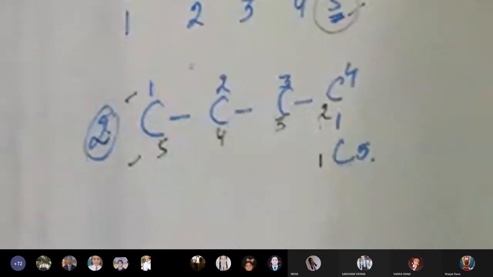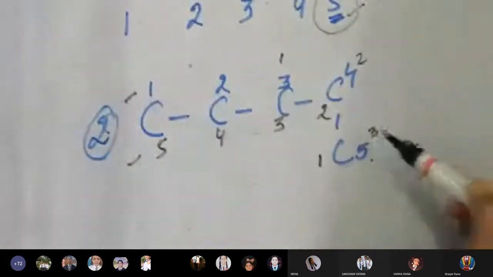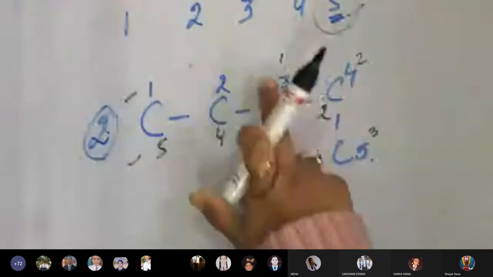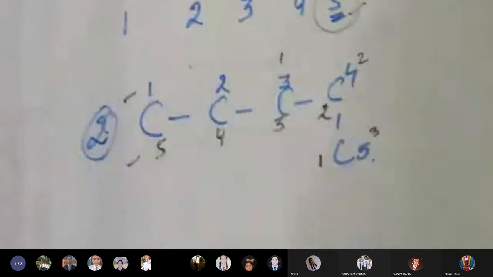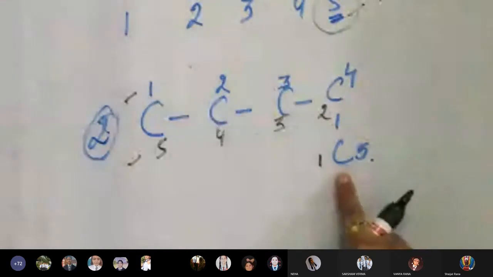Okay. Now after this also you cannot do this, that let's say this is number 1 and this is number 2 and this is number 3. No, you cannot start numbering from in between. And second rule, you cannot jump through carbons. You cannot skip one carbon and, as you wish, mention this carbon as 2 and 3. You cannot do that. So there is no problem whether carbon is written downside or upside.